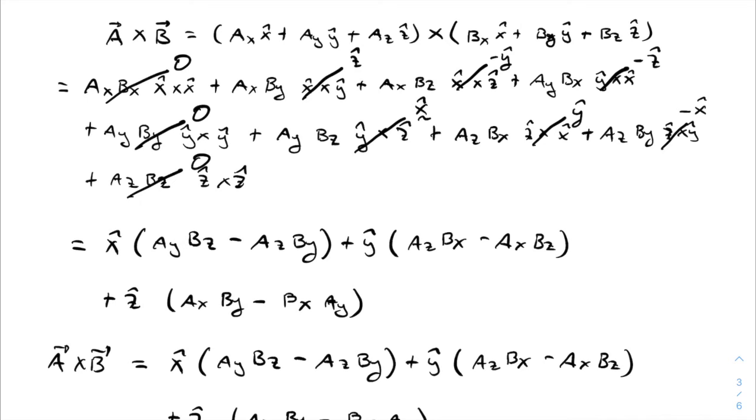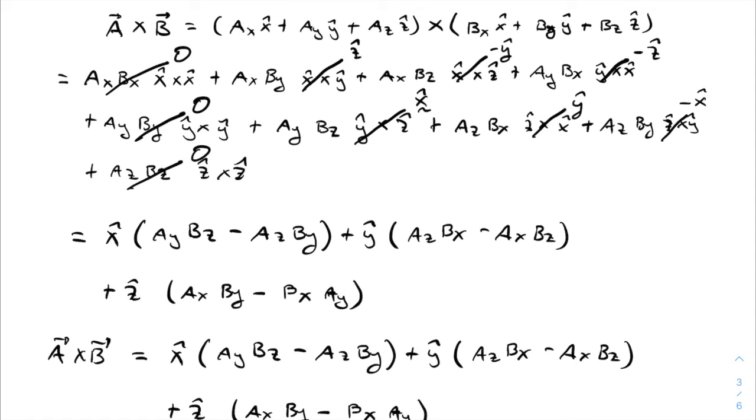Now we are ready to take the cross product of two vectors using components. Let's say we are given vector A and we take the cross product of vector A with vector B. Because we can now write vector A in components, we have AX in the x direction plus AY in the y direction plus AZ in the z direction, cross product with BX in the x direction plus BY in the y direction plus BZ in the z direction. Distributing this out, we have AX times BX and the cross product of the unit vector x with itself, which we know gives 0,